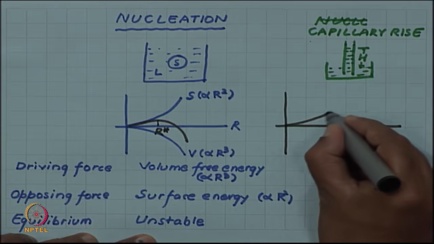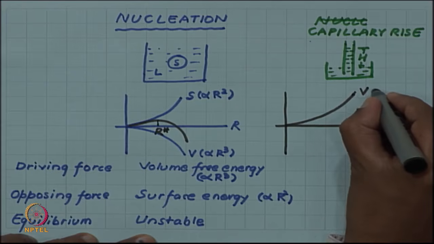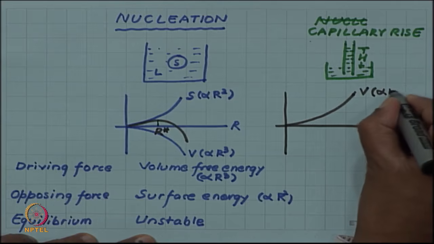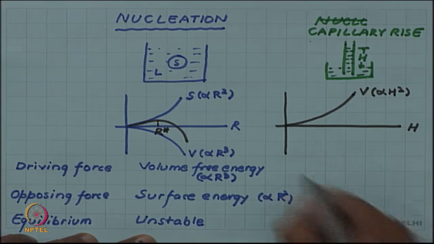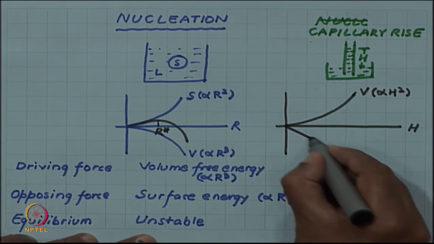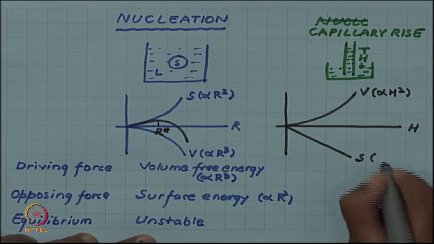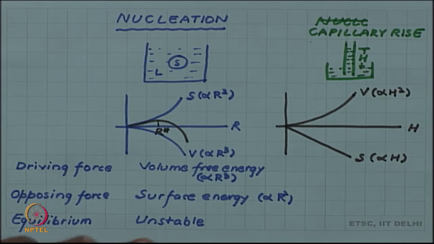So, the volume term is the opposing term, and that is proportional to h square, and the surface term is the driving force and is proportional to h,